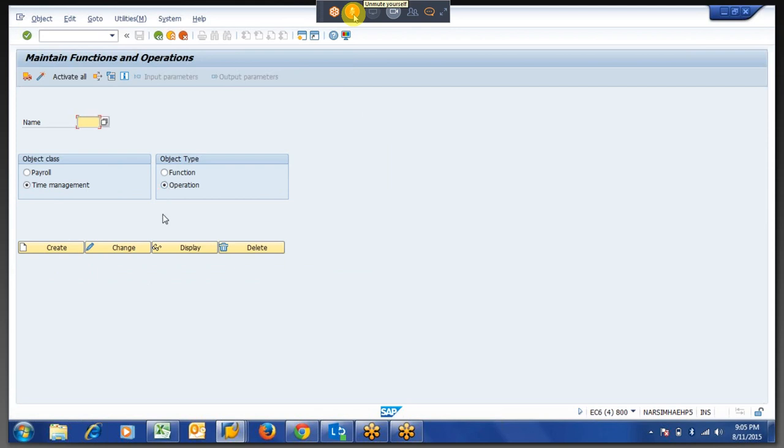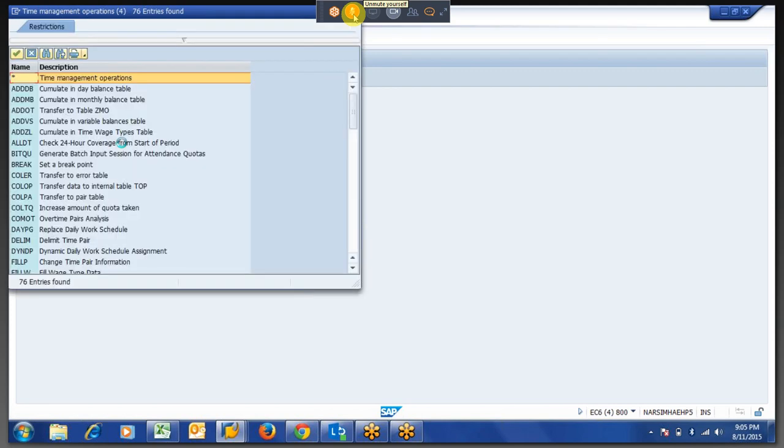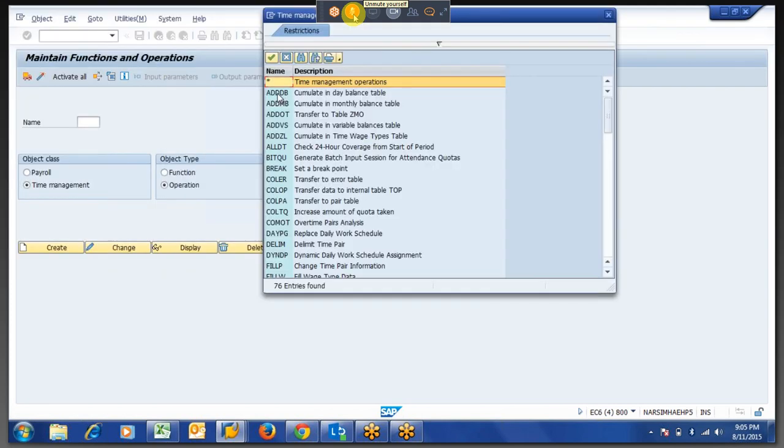Whenever we work on a scenario, we are going to understand each and every table. So if I go to the time management operation, we are going to work on this first, this and this. Later this one we will work. What is MB, what is DB?